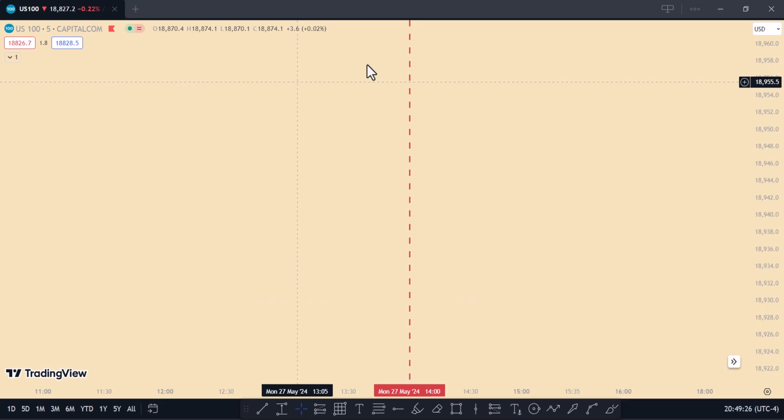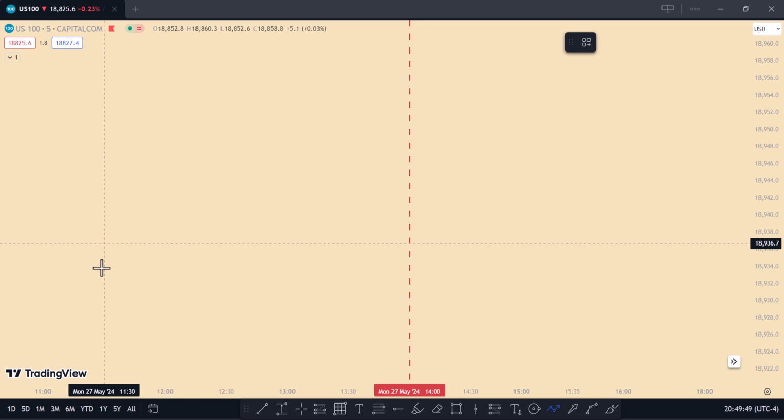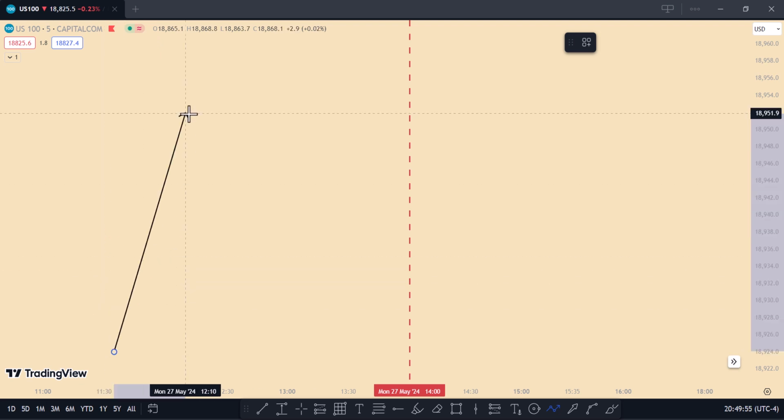Now, before I show you the step-by-step process on how you can trade the range, first of all, you need to identify or anticipate ranges, all right? So how can you anticipate a range? A range can happen for two reasons. The first reason, which I believe everyone knows, is when you have a really big expansion to the upside or the downside like this,